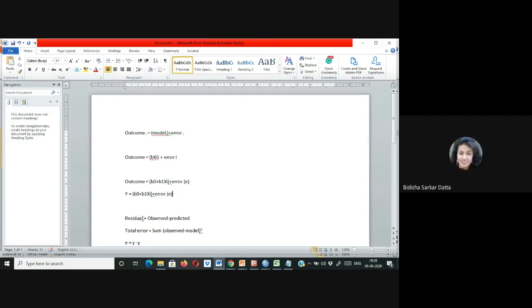Sir, kindly, I just missed out this point. Why is this B0 there? The outcome is b x1 plus error. Why was this B0 added? I just missed that point. Sorry? The structure is outcome is b x1 plus error. In the second sentence, as you have written, there is b0. This has been added as the intercept.